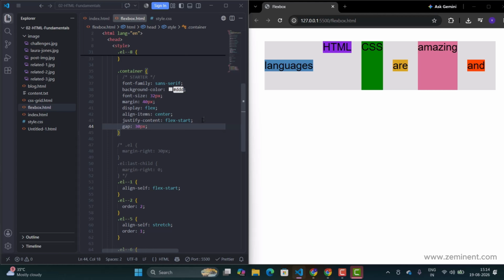For now, we'll continue working with this small demo. In the next lecture, we'll talk about one of the most important flex properties,